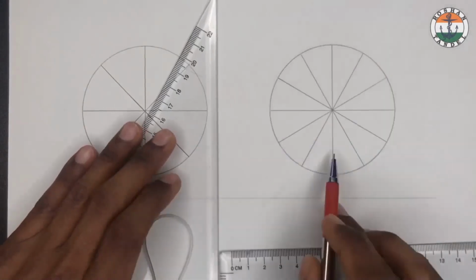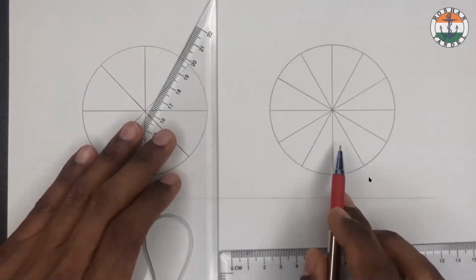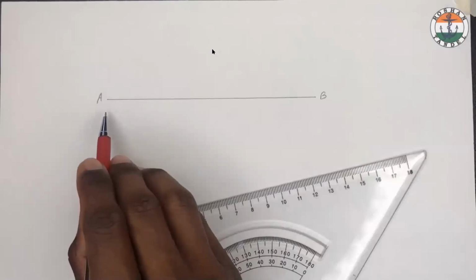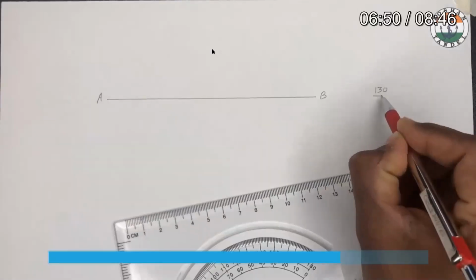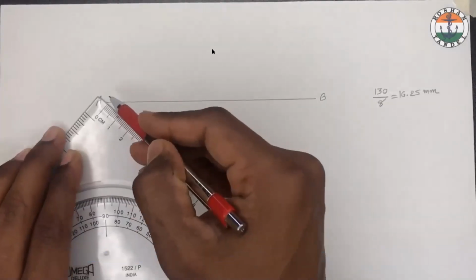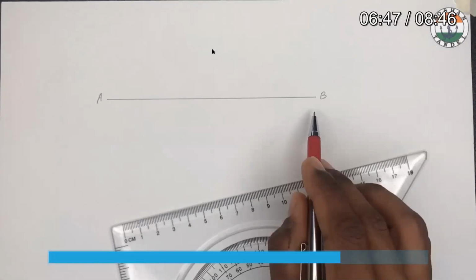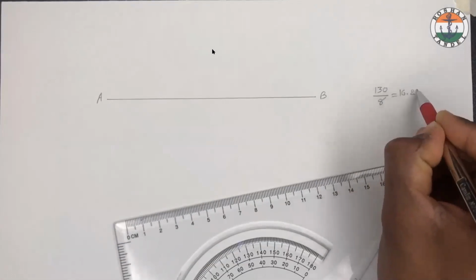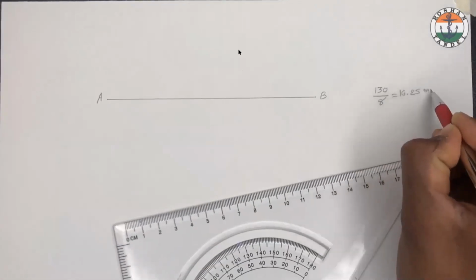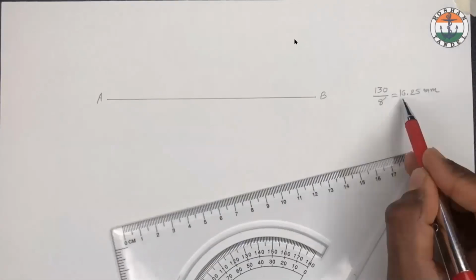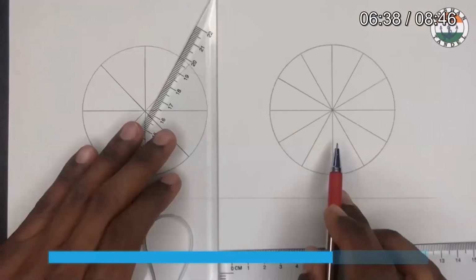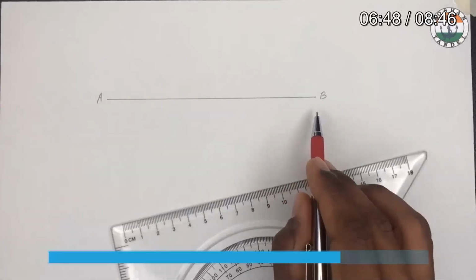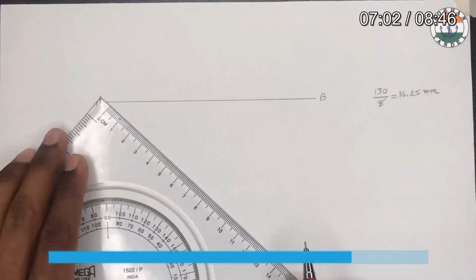Okay. So now this is the 12 equal division of circle. So this is the line and equal division of line. This is also explained over here, but we will see it in that software also. Okay, let us observe it over here so that you will get the idea about the calculation also. See, this is the line of 130, right? Let me check it. So this is the line of 130 and we want to make the 8 equal division of the line.